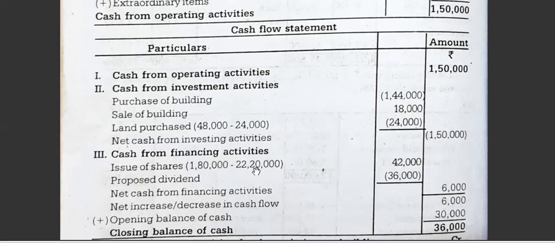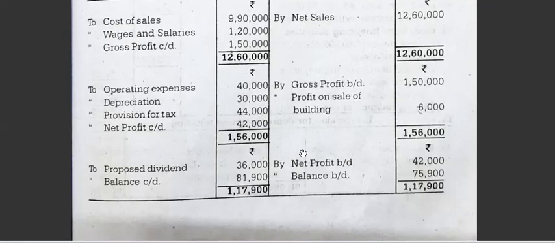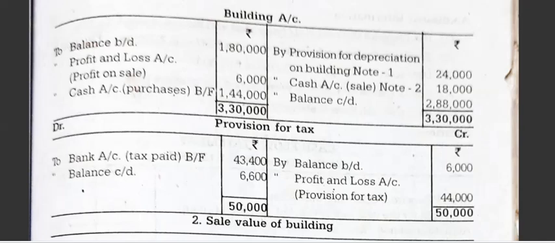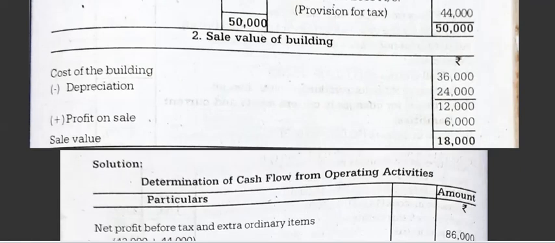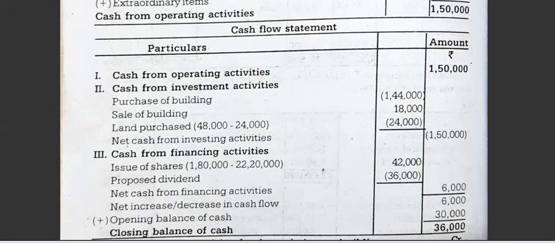Now third one is cash flow from financing activities. We have issue of shares. Okay, proposed dividend, we will have a dividend also here. See, in the problem it is given in the profit and loss account, at the end it is given. See, at the end it is given proposed dividend 36,000. Okay, so write the proposed dividend 36,000. Okay, now no other items. Find out this 36,000 you have to deduct from, if anything paid, you have to write in a bracket. Anything which comes in, inflow, like issue of shares, it is an inflow, increased inflow, so write as it is.